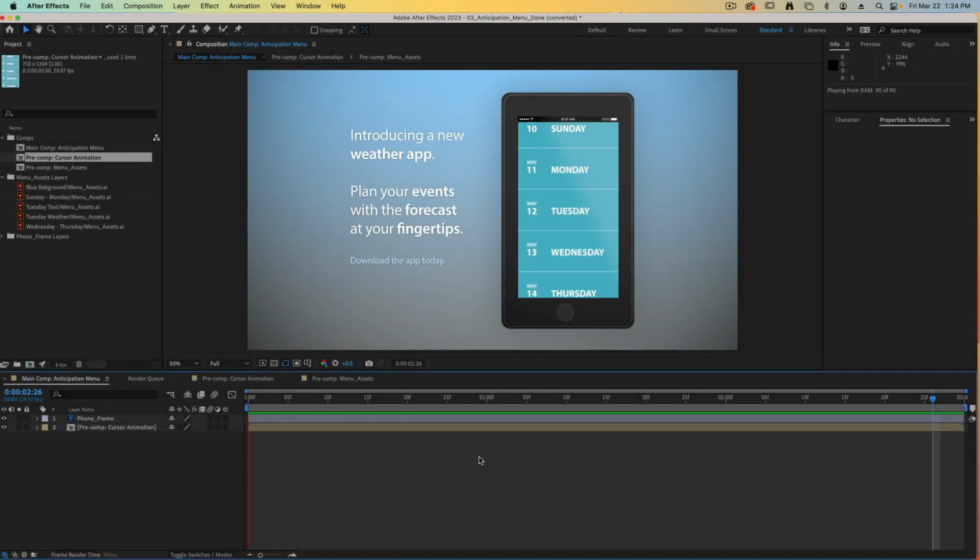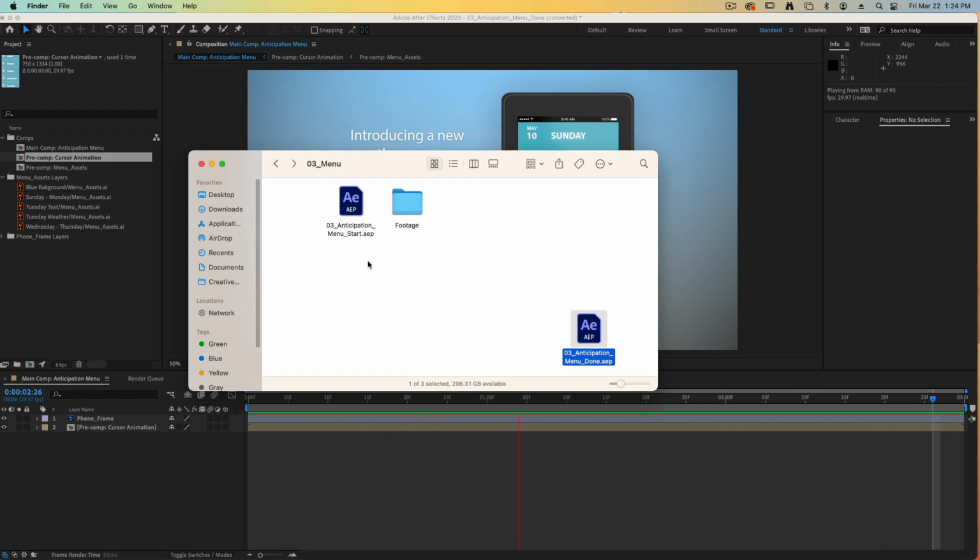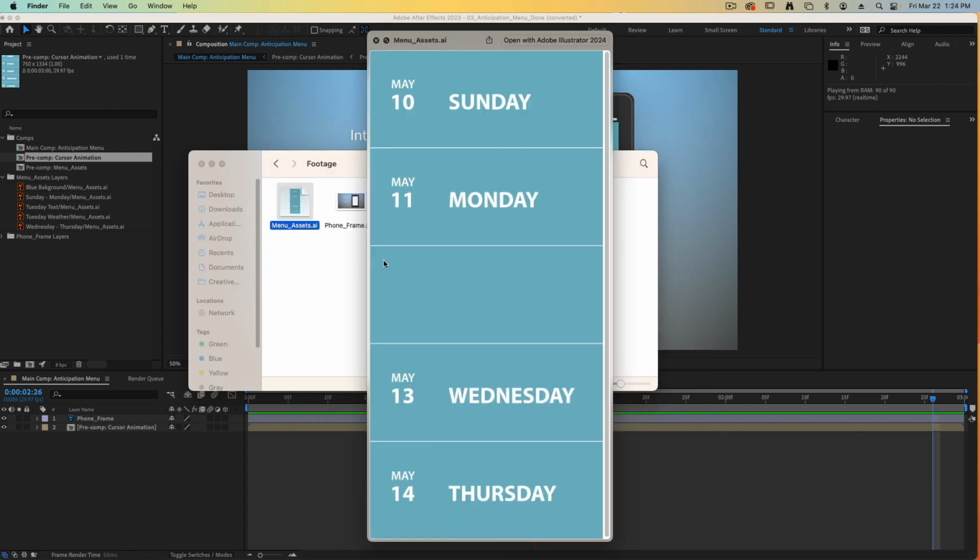For this exercise, you're going to be creating a high fidelity mock-up of this weather app. Now, to get started, you should have downloaded the folder that has the After Effects file as well as the footage file inside of it. Notice that inside of this footage file, you've got an Illustrator file that has all of the assets needed already